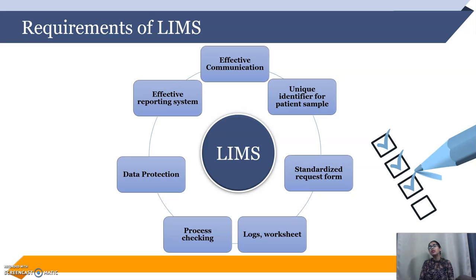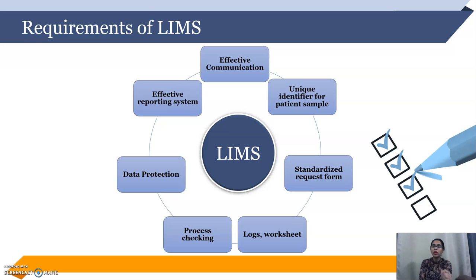And finally, the next head is the effective reporting system. Whatever results or data are generated, you can effectively report them, and whatever the results or endpoints are, you can conclude them, and depending upon the results, you can make a final decision or outcome. So these are the requirements we have in LIMS, which are very important, and you should be able to explain each and every head with a proper two or three-liner definition.